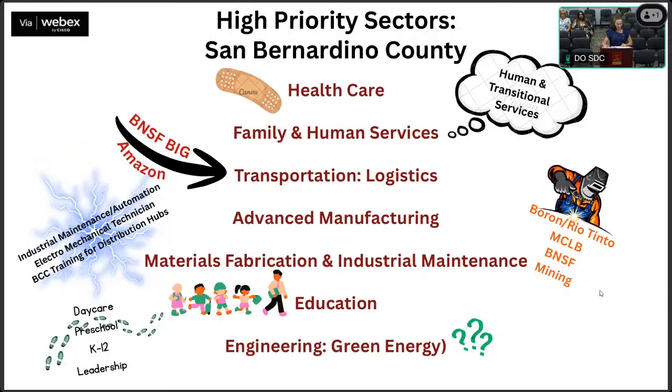In education, we know that we currently have the K-16 education grant functioning, and educators across all various roles in all grade levels are needed. Engineering and green energy, you can see I've question marked that one. While San Bernardino County will list that as, of course, a high energy area where grants are loved, our actual need up here in this region is less. We are not seeing as many job demands for it. It's just not something that we're going to see in this area as much. Okay. All right. Thank you.